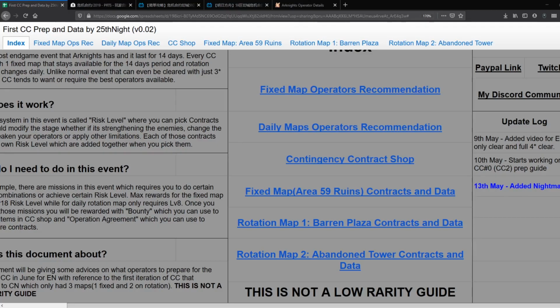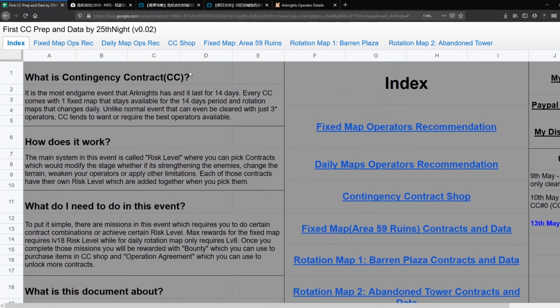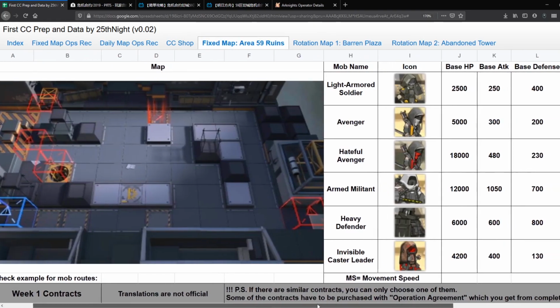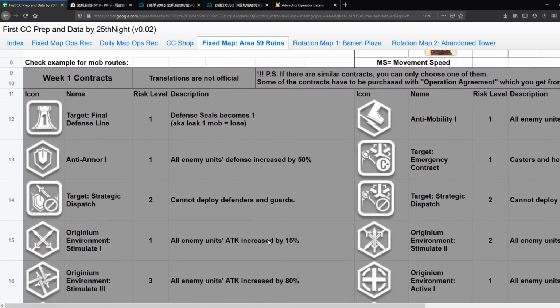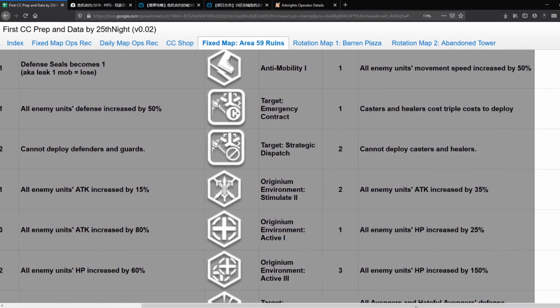Hey guys, today I'll be talking about Crisis Contract, CC for short, and Mostima, which are coming soon to EN. Crisis Contract is an event mode where you can choose risks on a map to either debuff yourself or buff the enemies, and each risk carries different risk levels. For example, buffing all enemies' defense by 50% only adds 1 risk, but increasing enemy units' HP by 150% gives